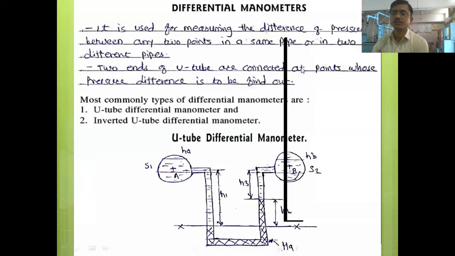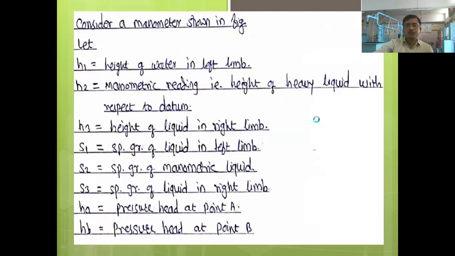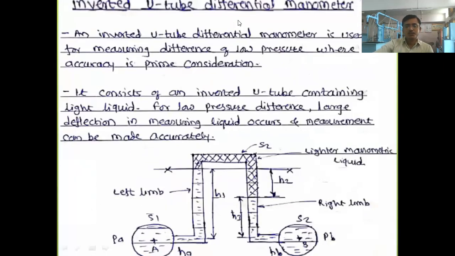Now Mayuri has attended all the lectures seriously, so she knows the concept of specific gravity, and she could give the correct answer to this question. So in the inverted U-tube manometer, if we use mercury, what is going to happen? The water is flowing through the pipes, right? And if you put mercury inside this, mercury is very heavy compared to water, so it cannot remain inside this inverted tube, and it will flow into the pipe. So what kind of liquid should we use in the case of the inverted U-tube manometer? That is another question.